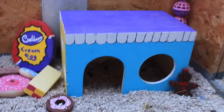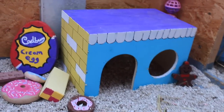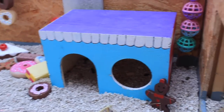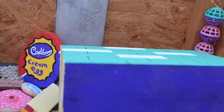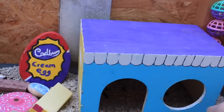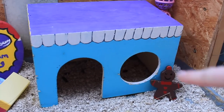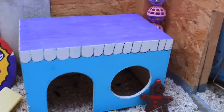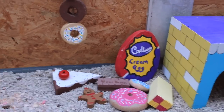Just over here we've got this house that I painted, and it's all different colours all the way around. So we've got yellow that side, we've got red that side, and I think the back is blue or green. There we go. So we've got that. I painted it and thought it looked like a little old-fashioned sweet shop, so I put that in and put a little gingerbread man next to it. We've also got this matching coloured themed jingle toy just there,